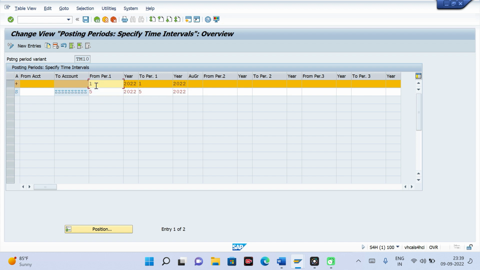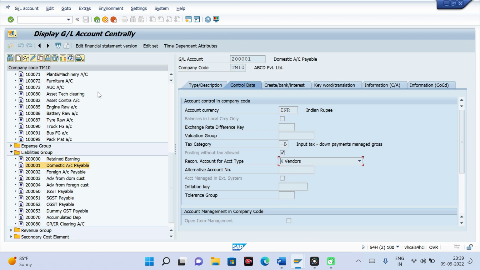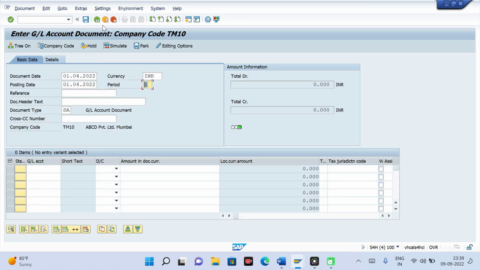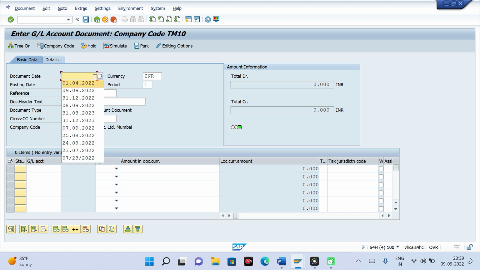So for example, what I am trying to tell, let us give here the 6th period. I am in the 6th period. My 6th period is open, but my GL level is not open. Let us see how it behaves. Now let us go and do posting here. Give today's date.